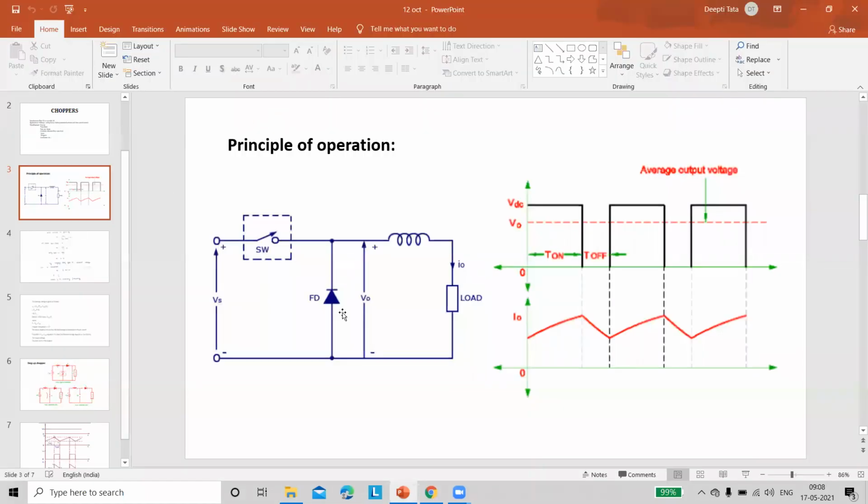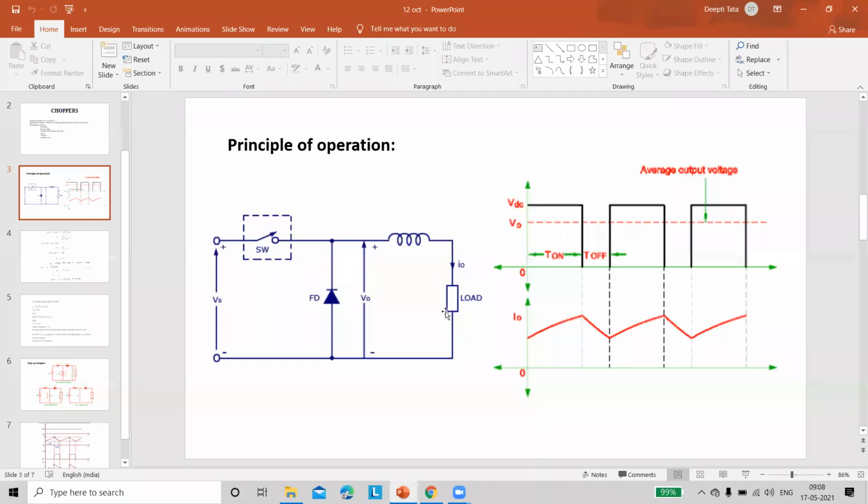It is the basic chopper, which is known as the step down chopper. First of all, see the circuit diagram clearly. Already we know that this is the representation of a chopper. That means a switch is placed in a rectangular dotted box. The basic elements present here are a chopper, a freewheeling diode, an inductance, and a load.